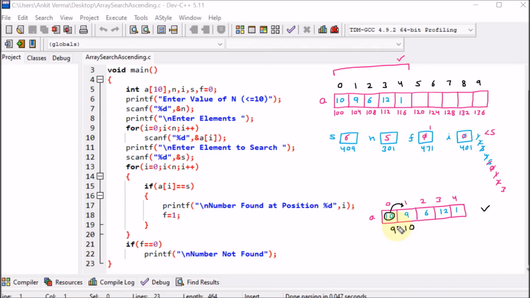Now afterward, again this element will be compared with the next element. We know that the upcoming array will be 10, 6, 12 and 1. So the next element we will compare. If I compare with the 6, again 6 is lesser, so they will be swapped. So here 6, 10 and 9 will come. Then the rest of the elements will be as they are. Then further, this will be compared with the next element, let's say it is 12. No problem, because 6 is the smaller.